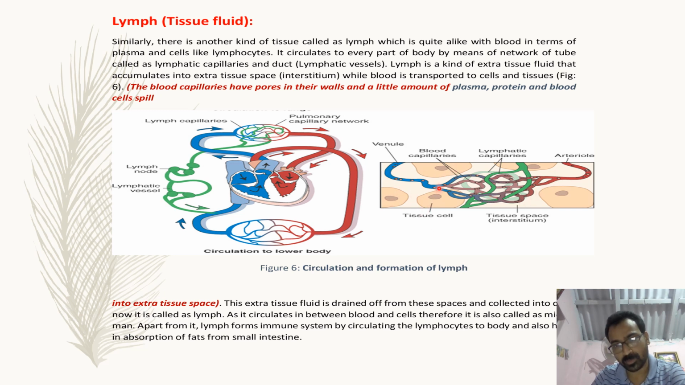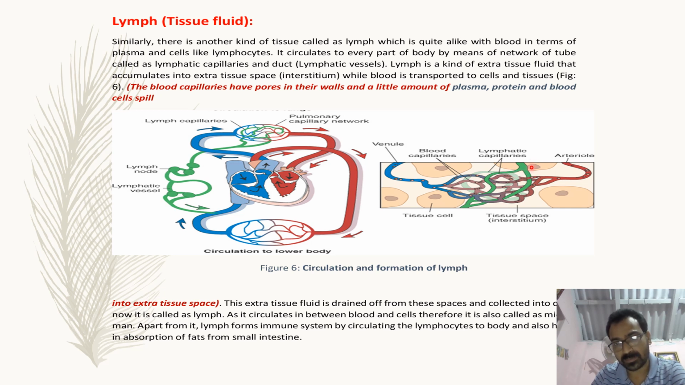So this spilled out fluid is called extra tissue fluid or intracellular space fluid. You can call them in both of the ways. So these areas remain filled with this fluid, extra tissue fluid. Again, this extra tissue fluid is being drained back by means of some specialized capillaries called, as you can see here, lymphatic capillaries. So lymphatic capillaries imbibe back this extra tissue fluid in them, and all these lymphatic capillaries are